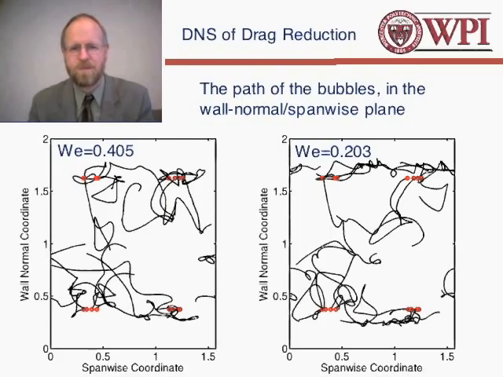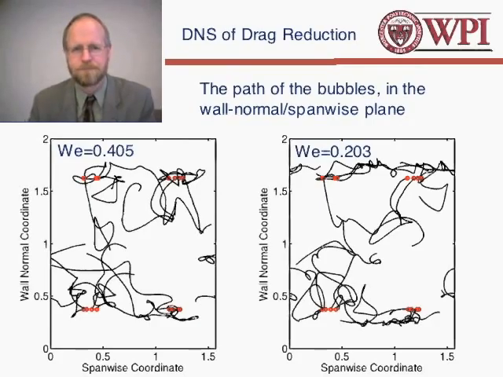To see how the bubbles move in the turbulent flow, we have in this figure plotted the path of the bubble in the plane perpendicular to the flow at several times. So we follow the path from their initial location, very near the wall, that's what we have marked by red dots, throughout time. Obviously, the bubbles are dispersed away from the wall, but just as they are dispersed away, some of them come back to the wall again. If we look very carefully at the graph, we will indeed see that the more deformable bubbles are dispersed more,